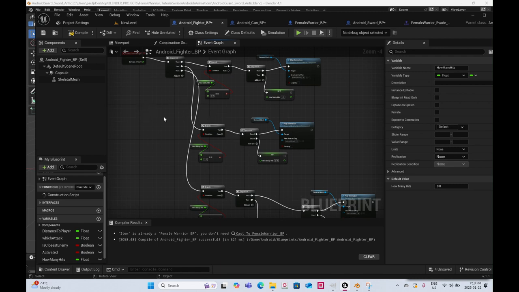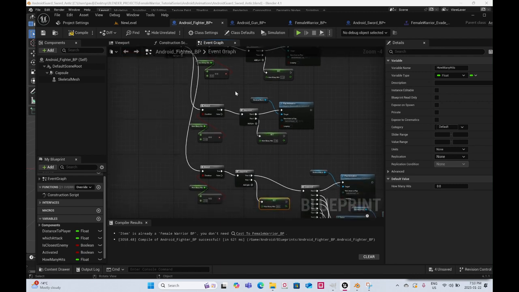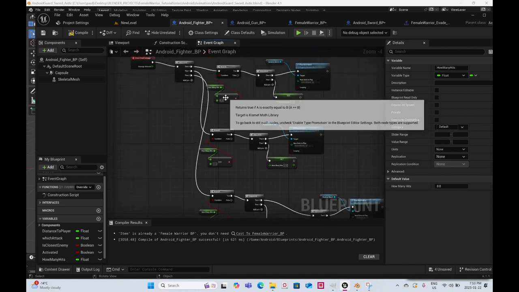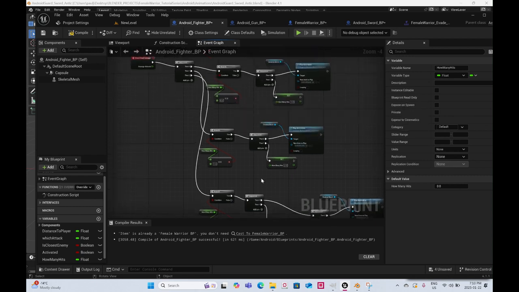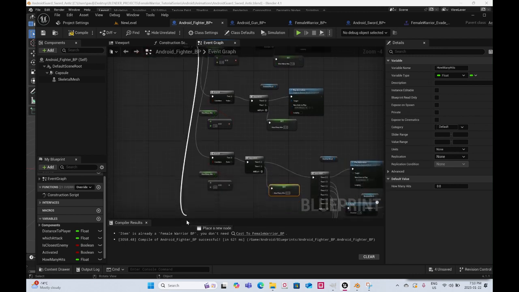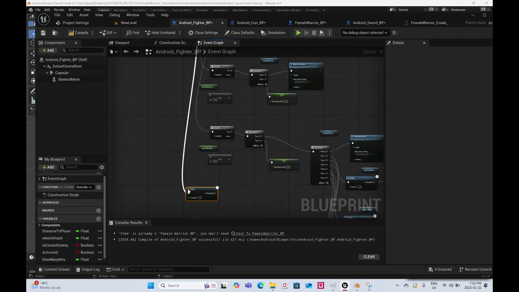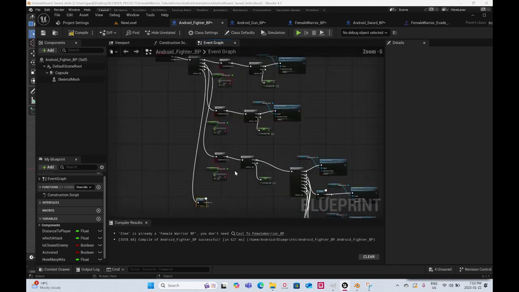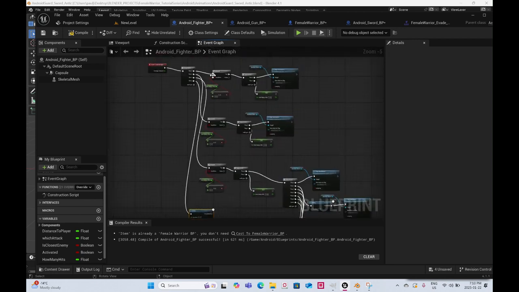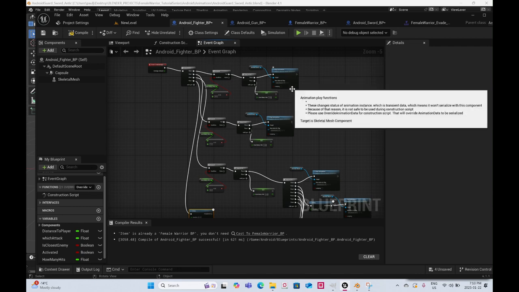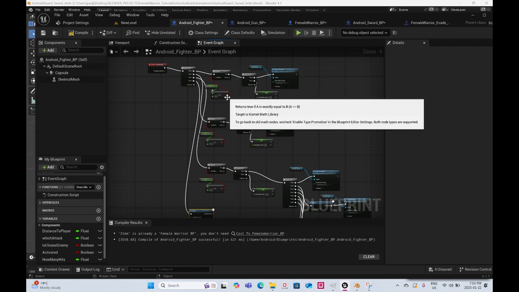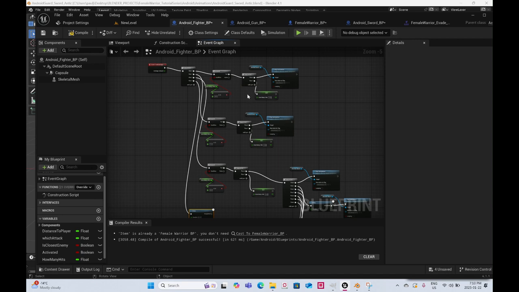If the player walks away and then comes back, this whole thing should reset to 0, so that the whole thing starts again. So what I'm going to do is add another pin, and I'm going to say after a delay of,